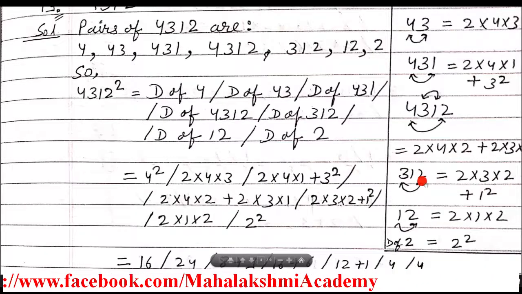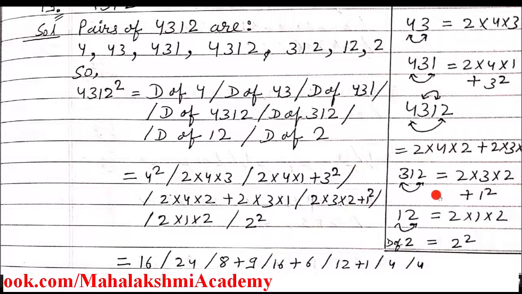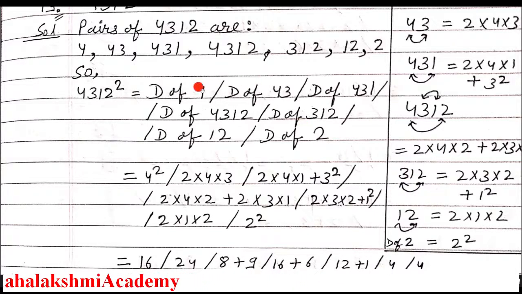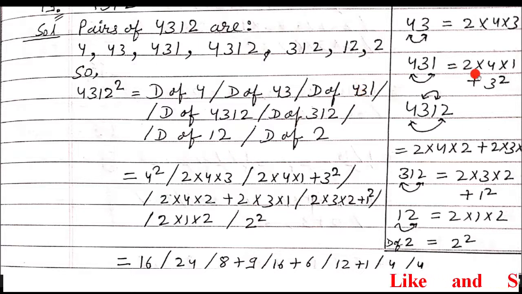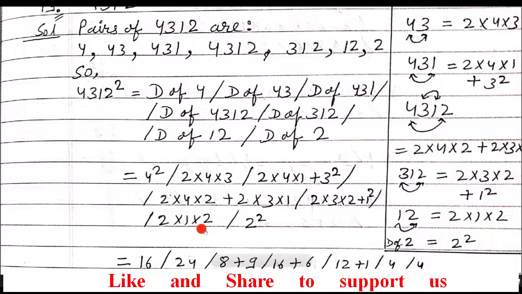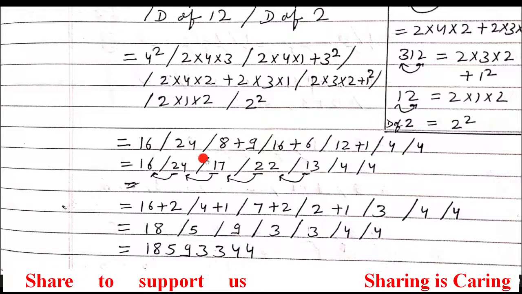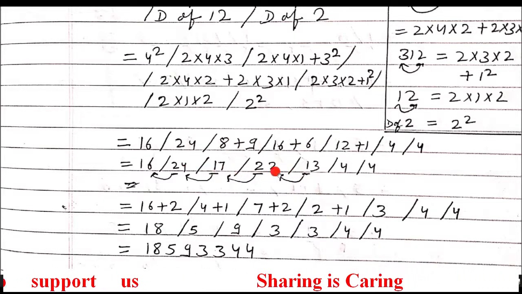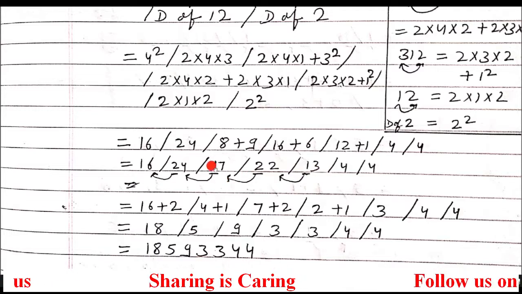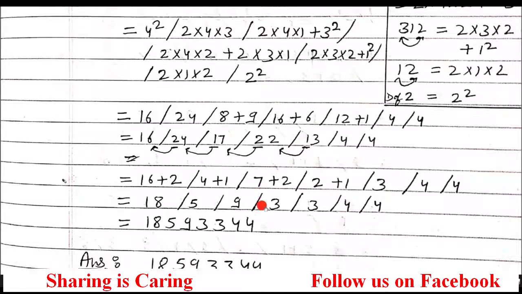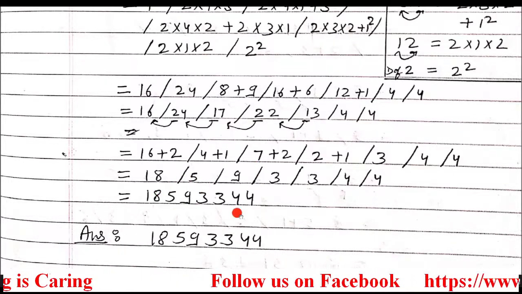So you can see here all the rough work I had done, so that you can understand how we've calculated the Dvandva. So D of 4, that is alone, that's why square. 4 and 3 will come in one pair, so 2 into 4 into 3. 4, 3, 1, from here we'll write down the answer. And for 4312, from here just write down this here, and like this write down here. And now multiply them in each section, multiply and add, you will get them. And then in each section only one digit should remain, so shift the number to the other section. After shifting and adding, you will see that your answer is this.